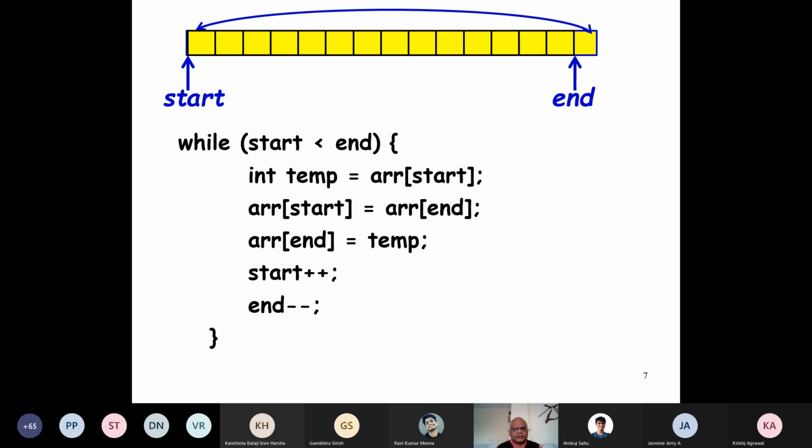And we swap these two, the content of the start with the contents of the end and vice versa. These are the three C statements which achieve this. And then we increment start to the next element and decrement end to the next element. And we keep on doing that until start becomes equal to or greater than end.